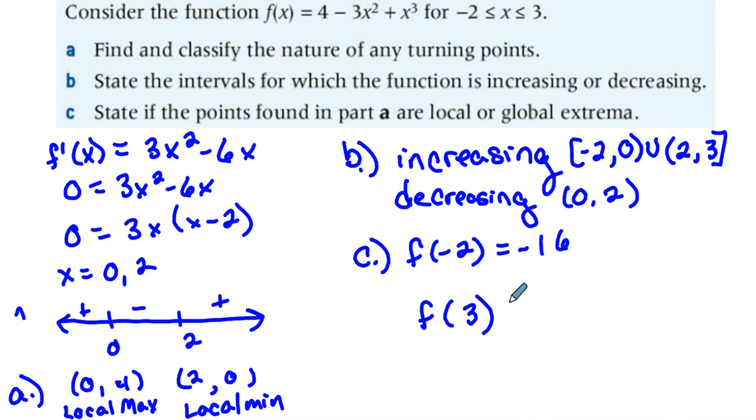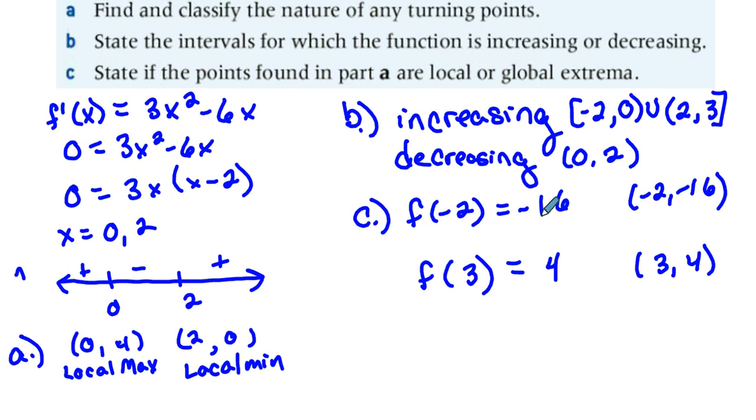-16, that's what I got as well. And when you substitute in 3, what do you get out? 4. Okay, so I have these coordinate points, (-2, -16) and (3, 4). So based on that information,